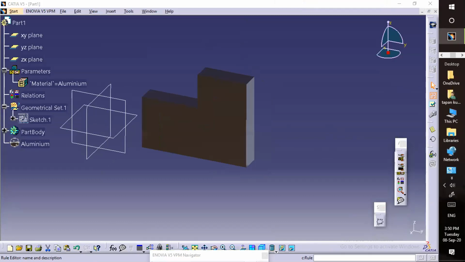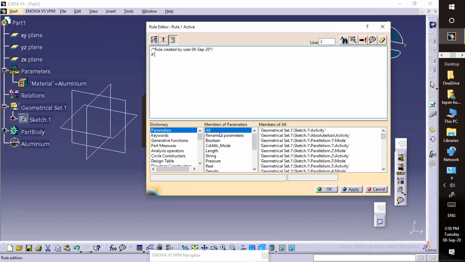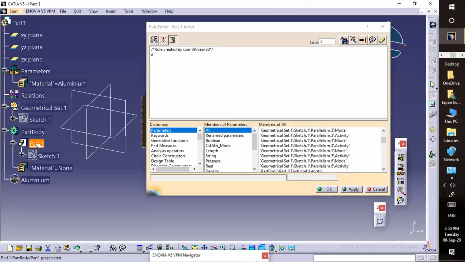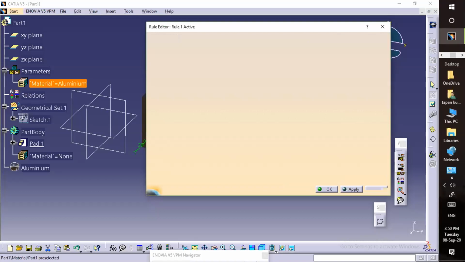Now the same thing only. Go to the parameters and you can check from here, or else you can select from here also. Double click part body, 100 mm. My metal will be, this time it will come.